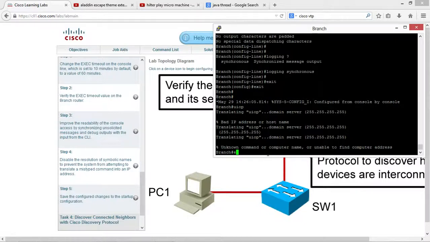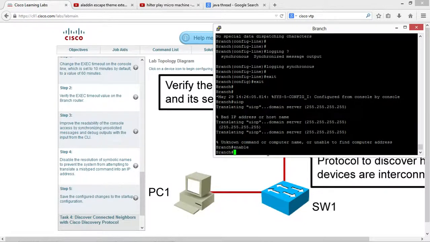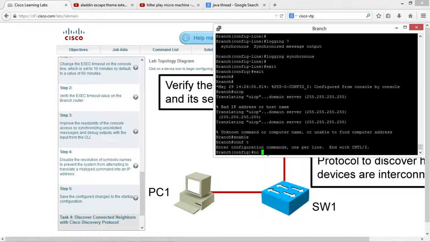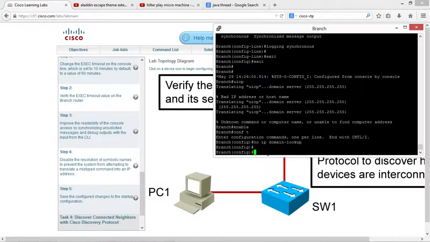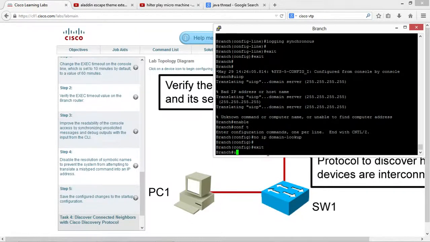Okay, enable. Now you can go from here, configure terminal, and you go no ip domain-lookup. You go into your IP config and you go domain-lookup. That's the command, but you put no in front of it. So now we have no ip domain-lookup. So if I do the same thing,